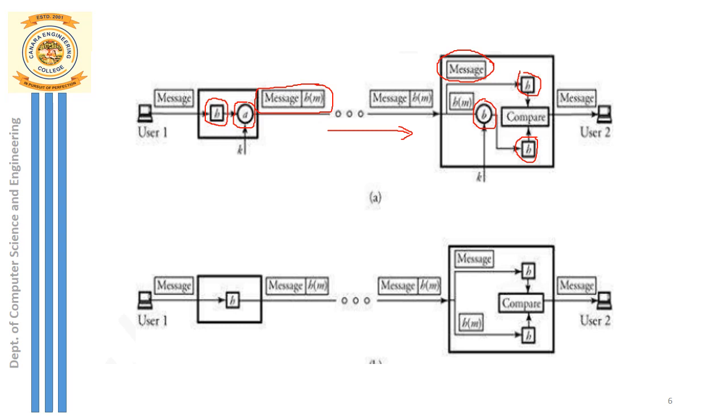In the second case, again user 1 will calculate the hash value by using the hash function, and here there is no encryption of the hash value. So directly the message as well as the hash value will be transmitted towards the destination. The receiver will use the received message and calculate the hash value, and it will compare it with the received hash value. If both are equal, then the message is authenticated. So this is how a message is authenticated with the help of a hash function.